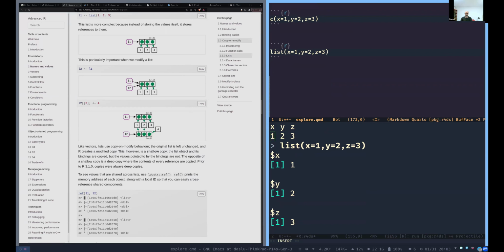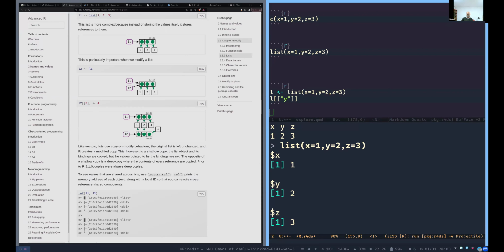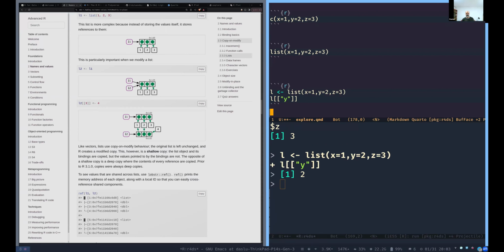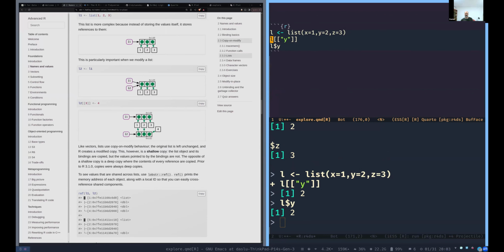So we may do something like putting something in a list like this, and asking for elements. That's how you refer to an element of a list, with double brackets, element named y. So this will give you 2 because this is y. But you can also write something like $y. That's another way of writing it. So it does work, but this is